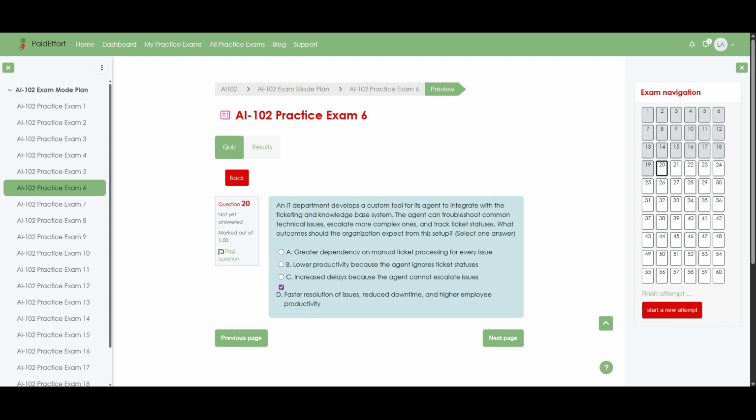With all options considered, here's why this outcome makes sense. To begin with, integrating the agent with ticketing and knowledge-based systems allows it to resolve common issues automatically, which significantly reduces the time users spend waiting for support. In addition, the ability to escalate complex issues ensures that problems beyond the agent's scope are quickly handed off to